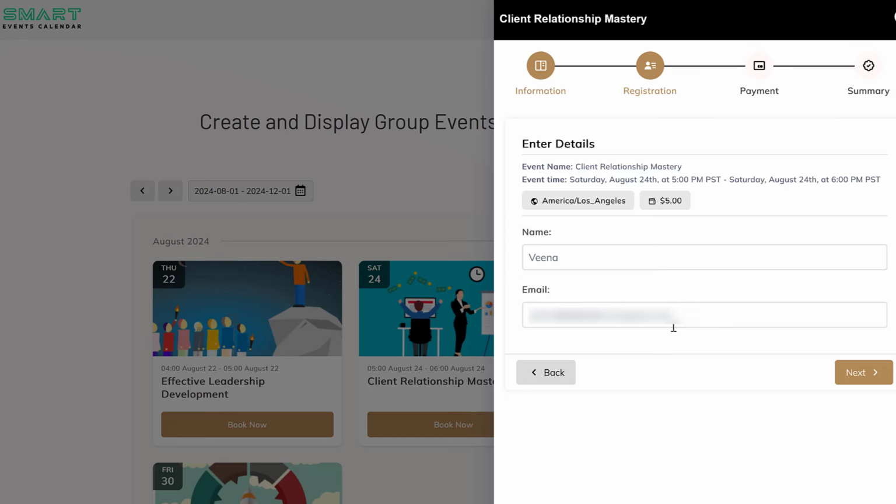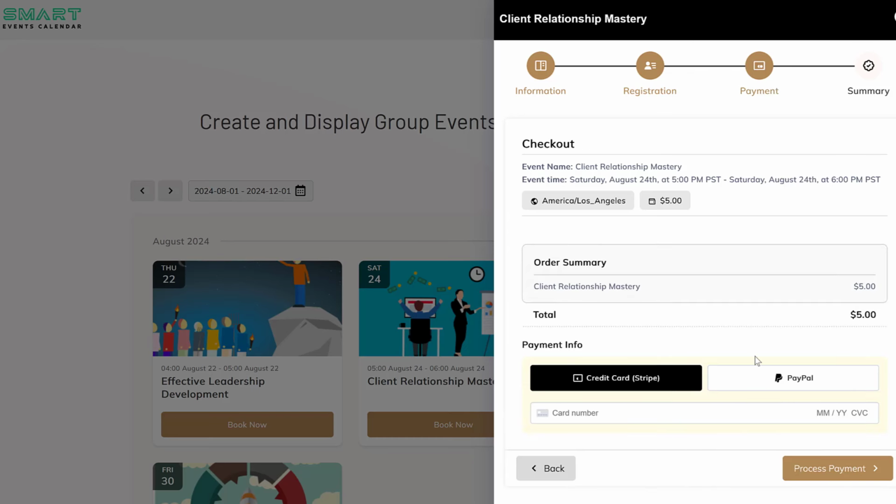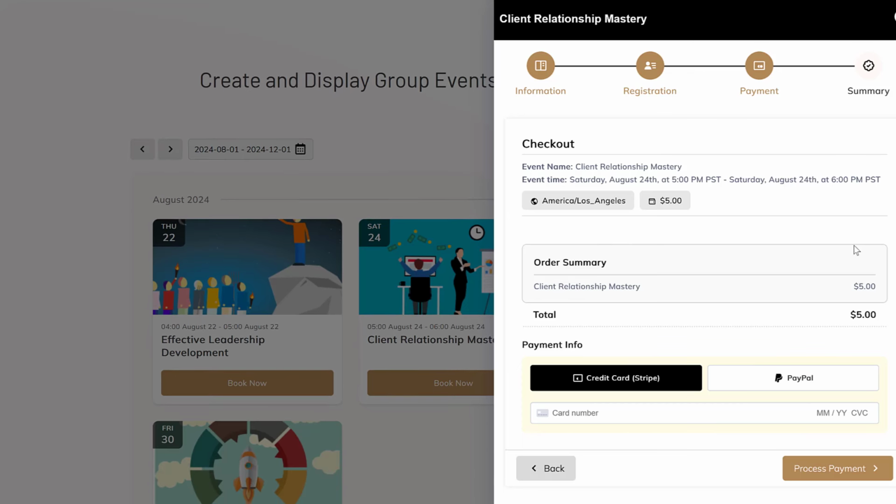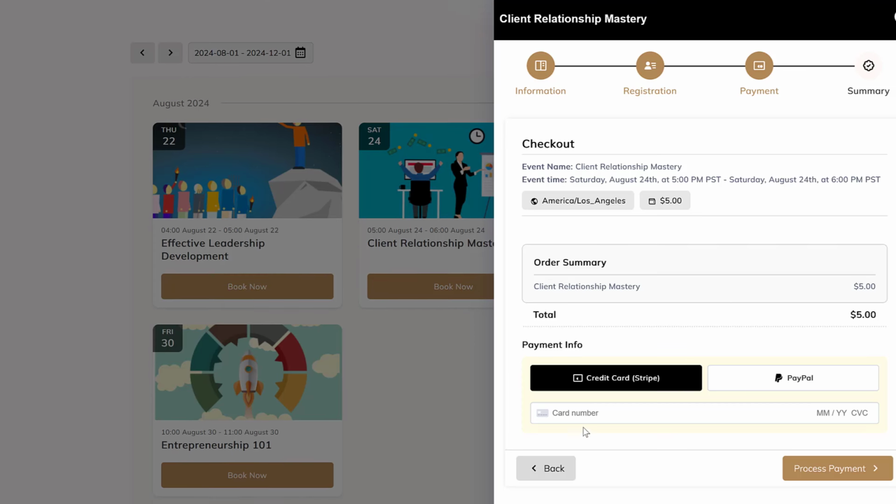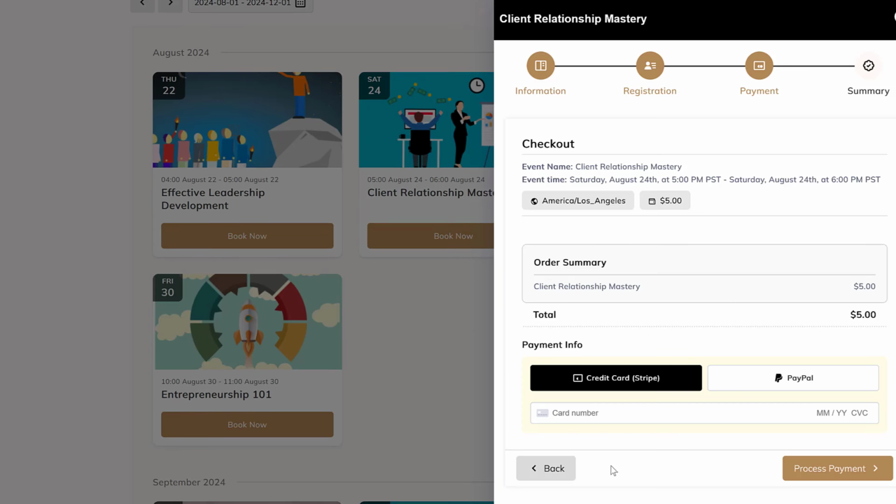To the booking calendar, you can add whatever custom fields you want, but we're going to add support for that in the events calendar in a future update. All right, so next step is the payment step. Here, they are going to be sent to the checkout page where they can complete the payment. It's completely automated in the backend. You can set up the price for your event, the cost,